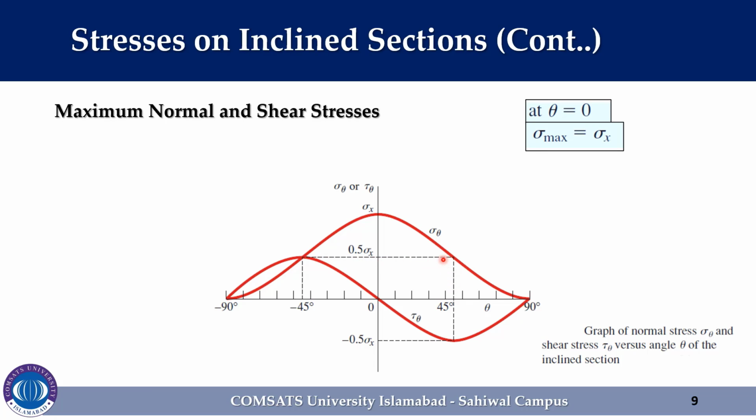However, the shear stress is 0 on cross sections of the bar when the angle is 0, as well as on longitudinal sections when the angle is plus 90 or minus 90. Between these extremes, the stresses vary as shown on the graph, reaching the highest positive value when theta is -45 or when theta is +45.